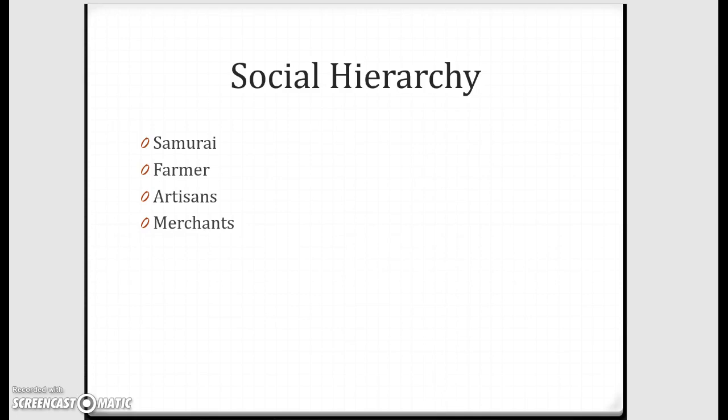This is a very big oversimplification of how the hierarchy is. I am in no position to actually guide you towards thinking of the specific ways, and that's not the intention of this, but this helps you to be able to think about how important the samurai are. Okay, the focus here is on the samurai. So the samurai being all important in Japanese history, they are military, they can also be governments as well.